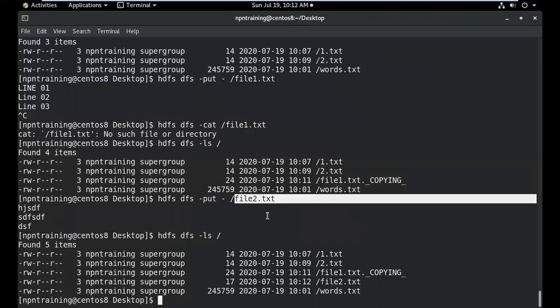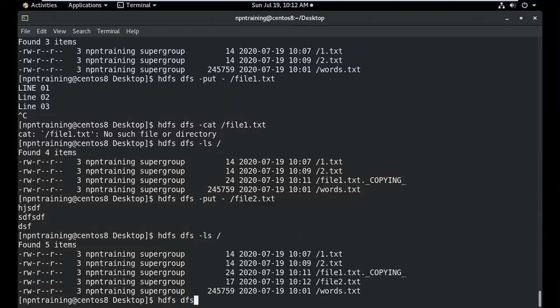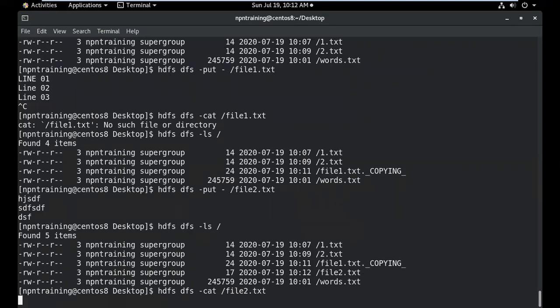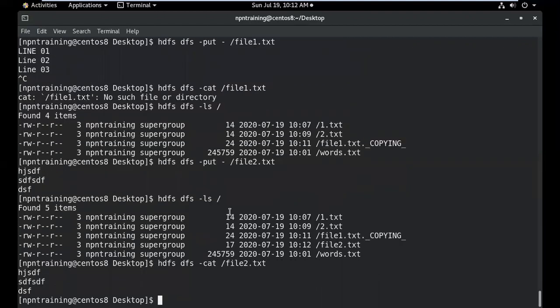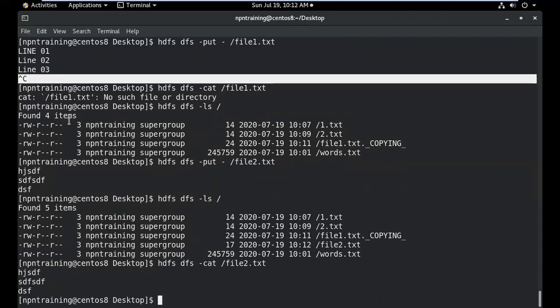It is file2.txt. hdfs dfs -cat file2.txt. Yeah, can you see this? This file I did not terminate. I have to press Control D. I accidentally pressed Control C. You have to press Control D; that is a clear termination.